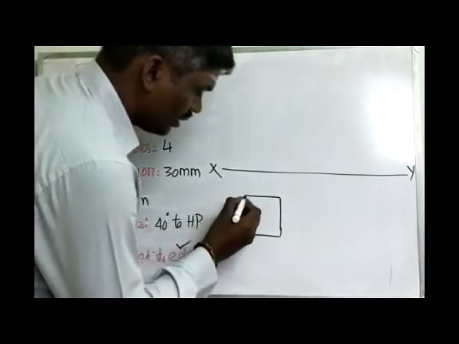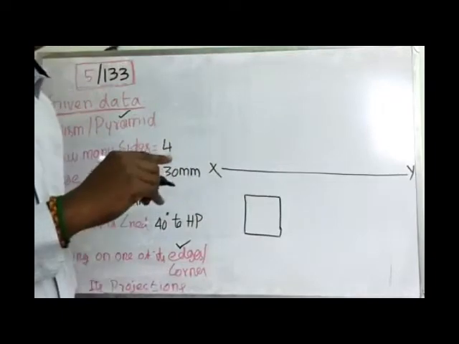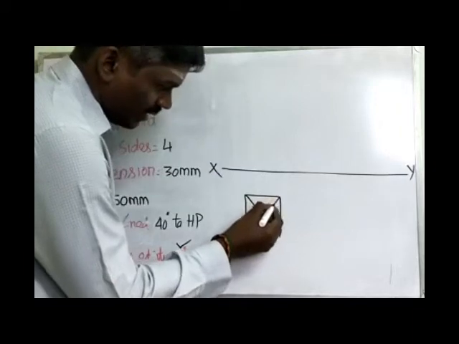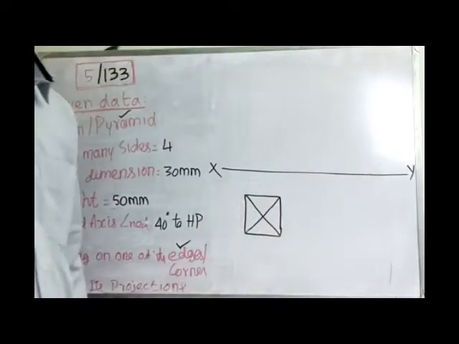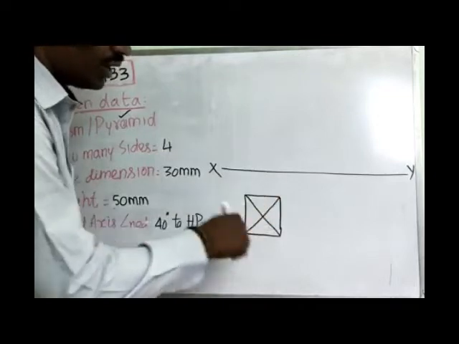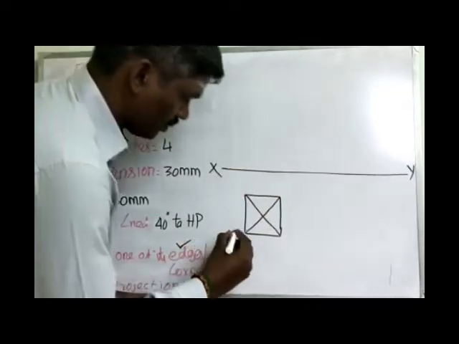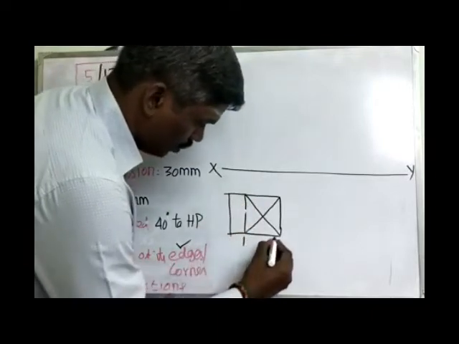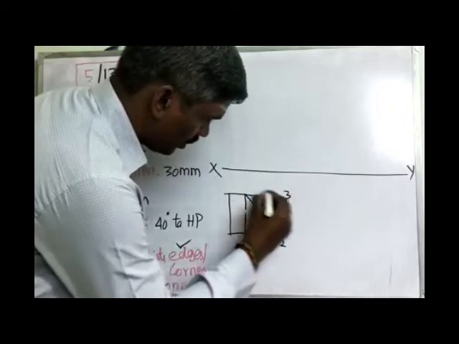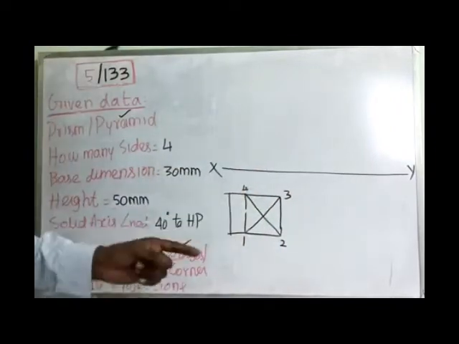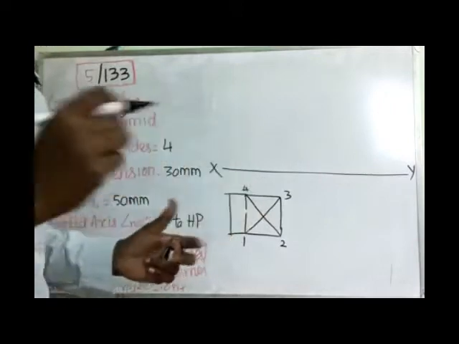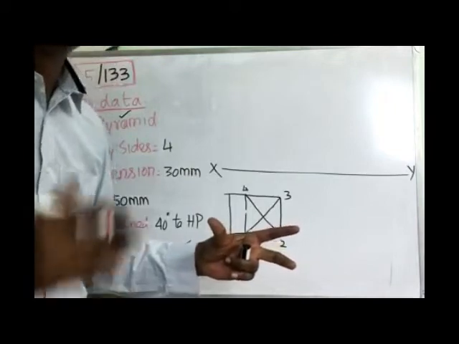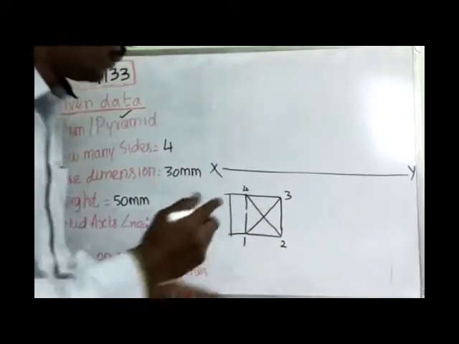So it is a pyramid. In the prism, we find out the axis length, we connect all the diagonals, but in the pyramid all the diagonals are visible. So base corner 1, 2, 3, 4. If it is a prism, 4 base corners and 4 top corners are available. It is a pyramid, so only 4 base corners are available. Instead of top corners, only one apex point is available.